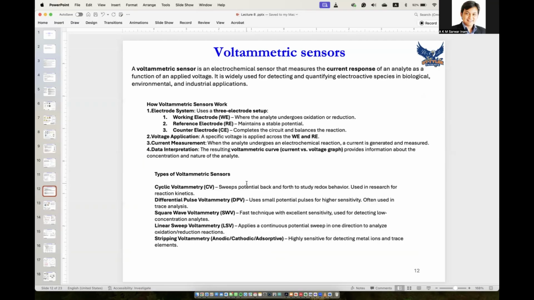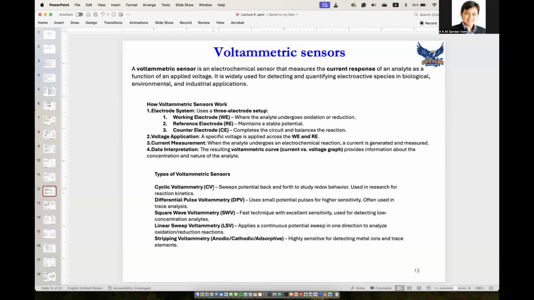So what are the types? Maybe you have heard already: cyclic voltammetry, differential pulse voltammetry, square wave voltammetry, then linear sweep voltammetry, and stripping voltammetry. The most commonly used one is cyclic voltammetry, and DPV we also find a lot, but you can also find square wave voltammetry and linear sweep voltammetry. So if we talk a little about cyclic voltammetry, it is one of the most commonly used